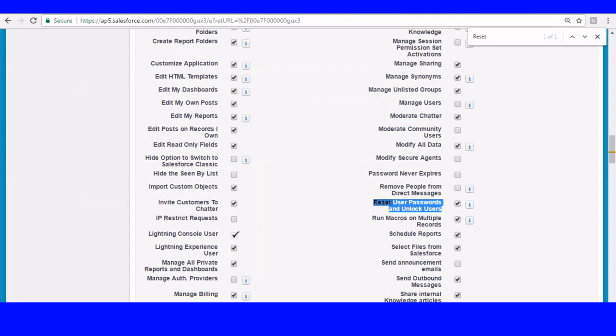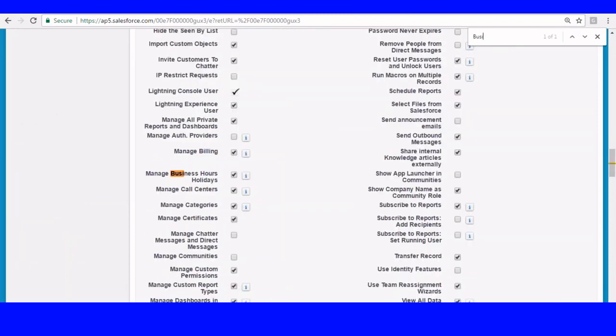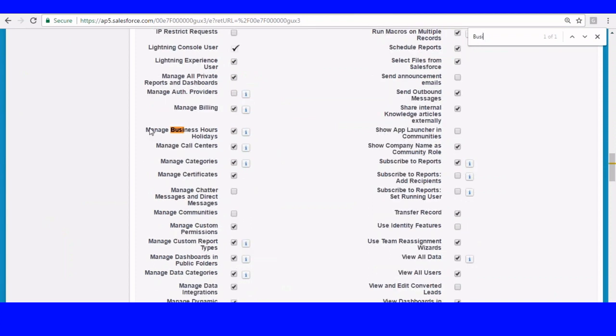Do you have a permission to give IP address restrictions? What is this? IP address restriction. Do you have a permission to reset the business hours? What we have seen: reset the business hours. Okay, IP address restrictions, creation of roles, creation of profiles, creation of users. Okay, resetting the password, unlocking the user. Right? The other one,